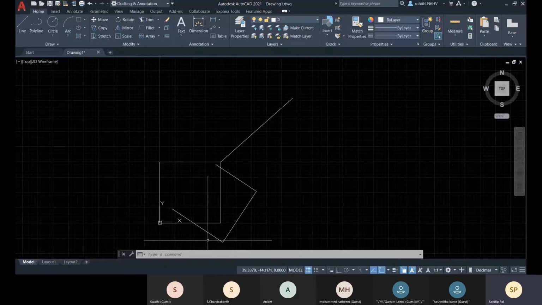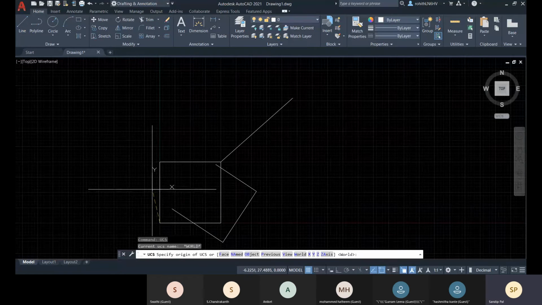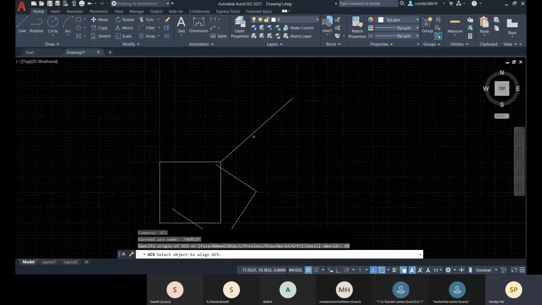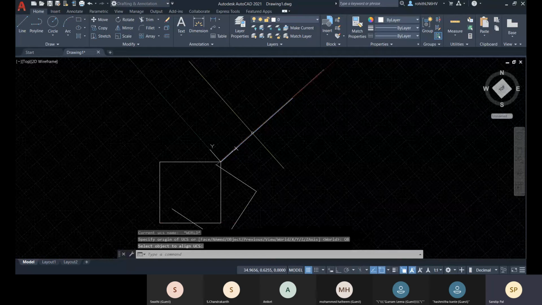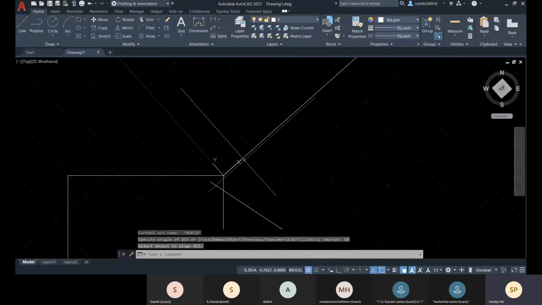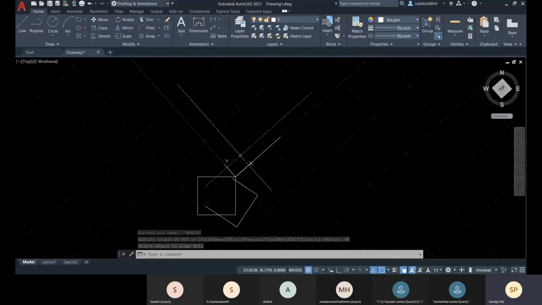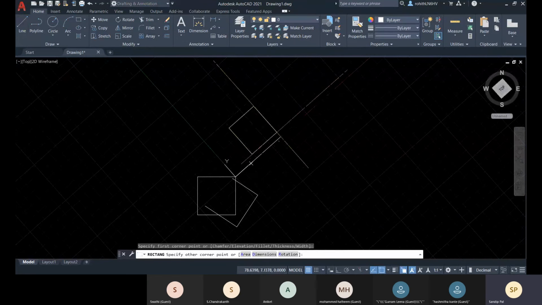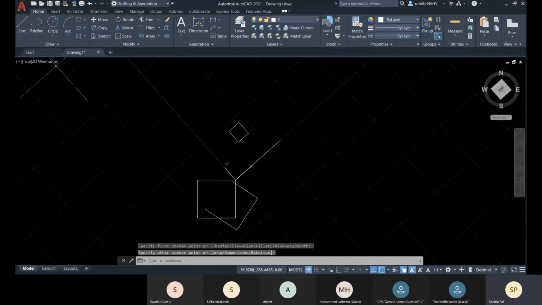For that, you can go for UCS, and then you can choose Object, this object, and as per this object it will align itself, right? And you can start creating all your drawings there, and it will work like that.